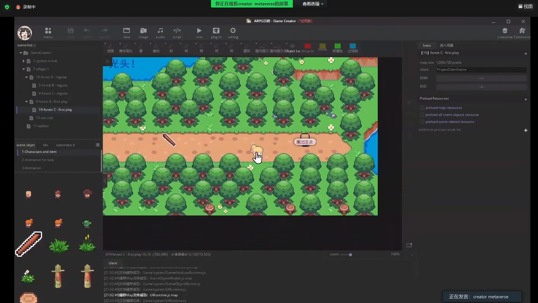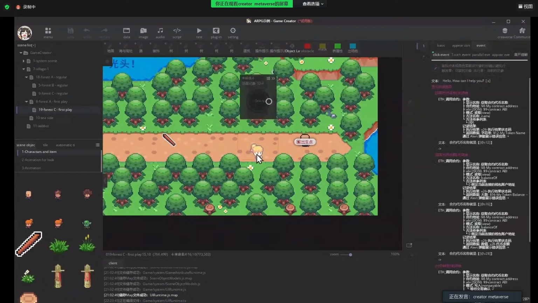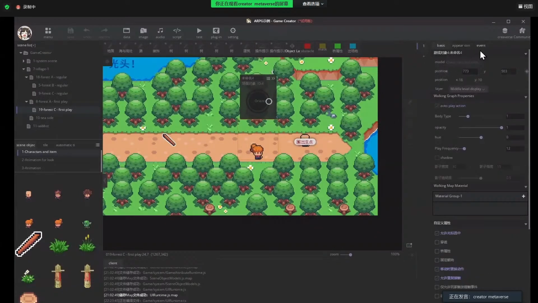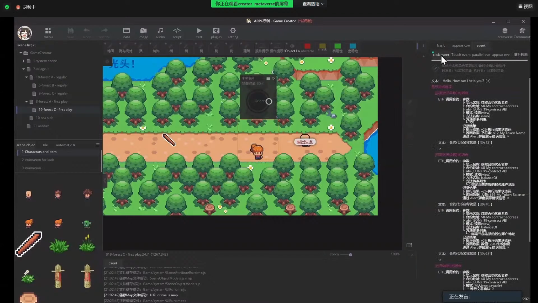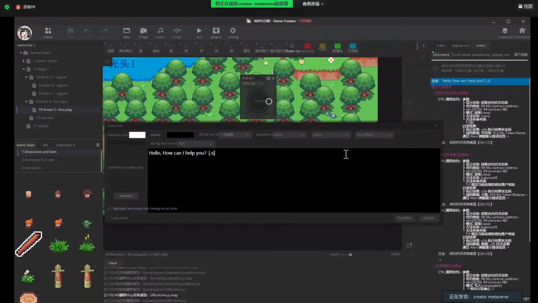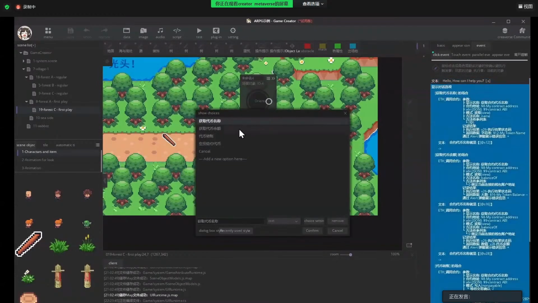We move here, this little girl NPC, we click it and switch to the event. The click event will show the task: Hello, how can I help you? And options for those options. The first one is get token name.